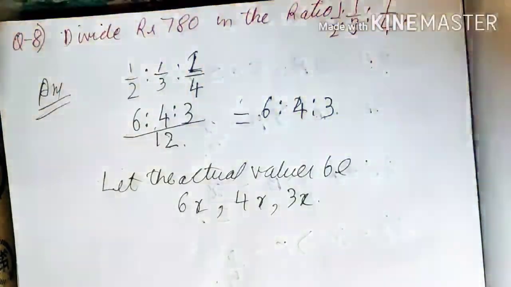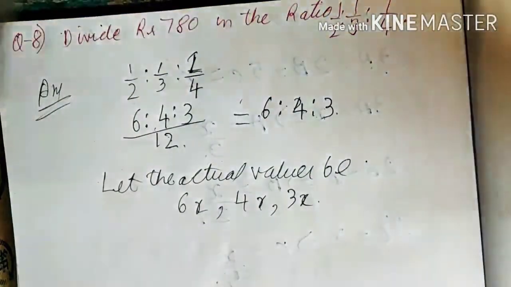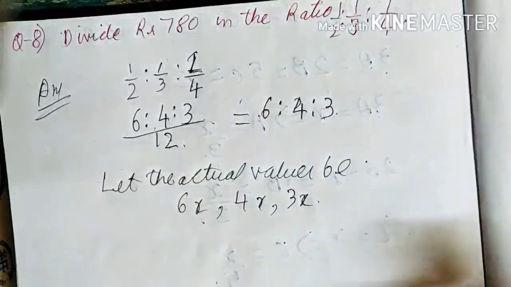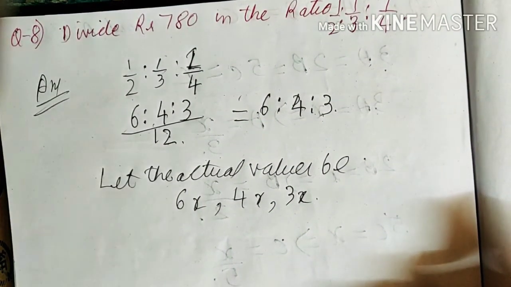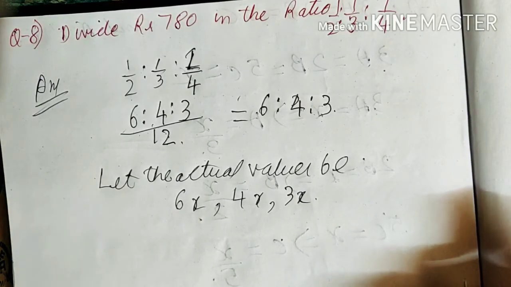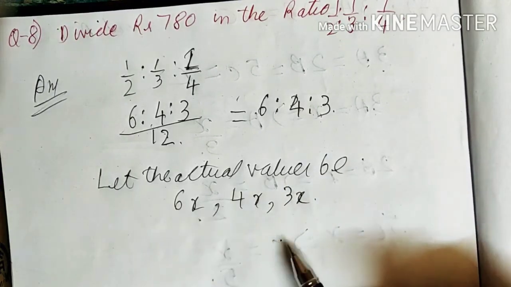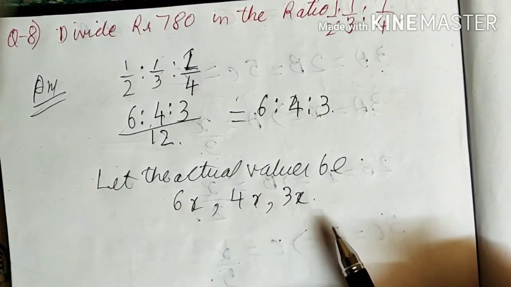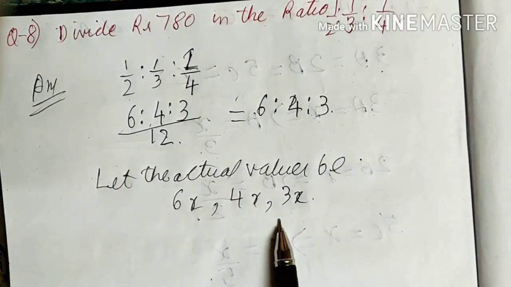We don't know that actual value. So what will we take? The number which we have to multiply with, we will take that value as x. See, we don't know the actual value. We have to multiply it with 3, 4, 5, 10, 15,000 or anything, we don't know. So we have taken that value as x. If we multiply with x and then add them, we will again get back the total sum. So these are the 3 values now.